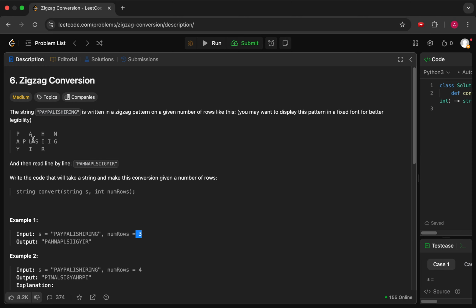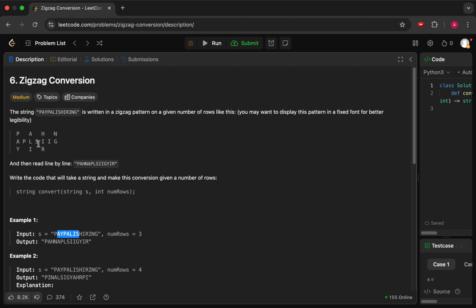So instead of the English language where you write left to right, here you go top to bottom, and at the end of the number of rows you turn back and then go up, kind of thing. This zigzag is not exactly a zigzag, but